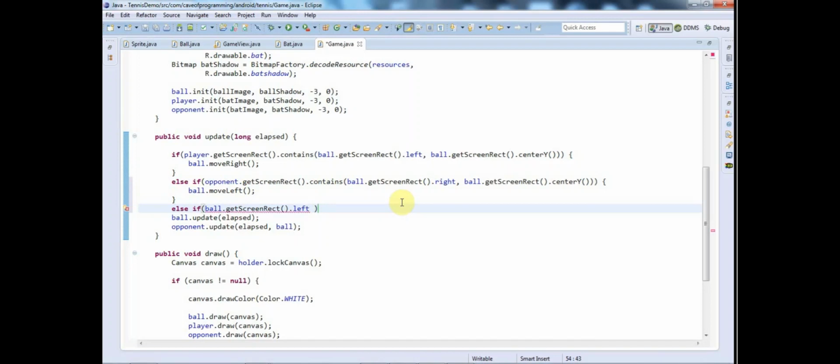But what's the definition of if it's got past the player or not? Let's say something like, maybe